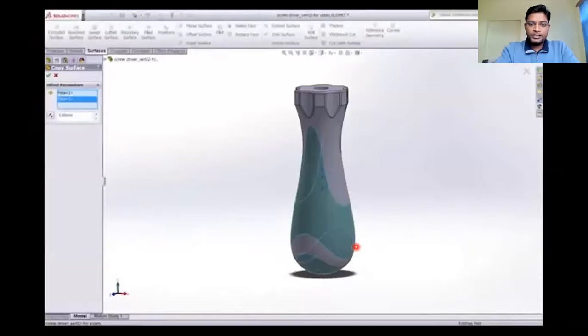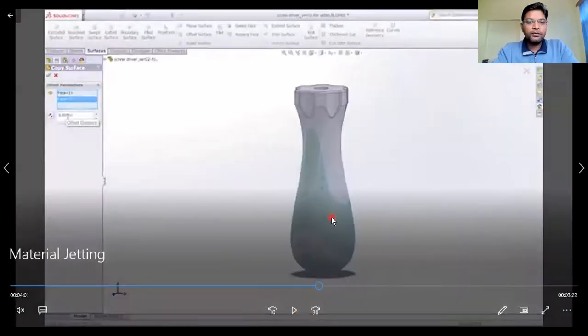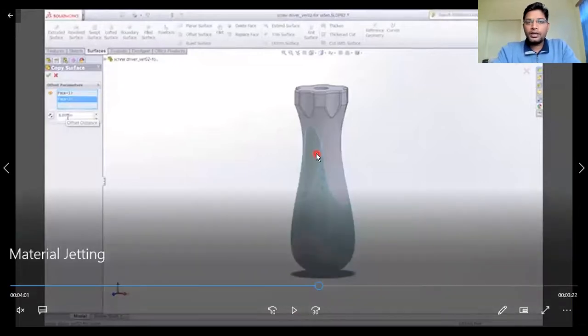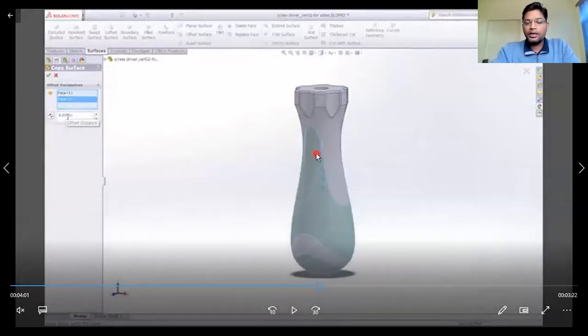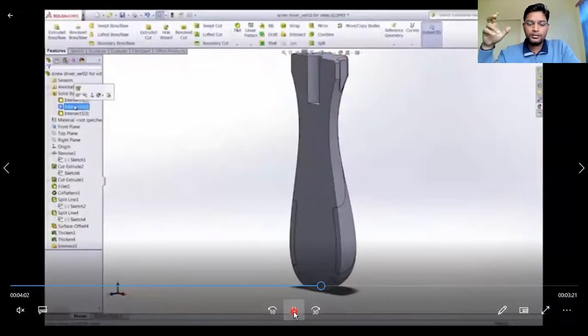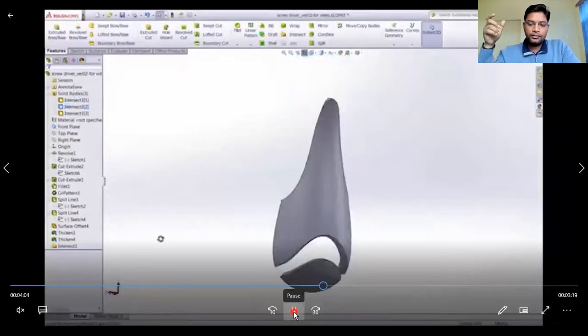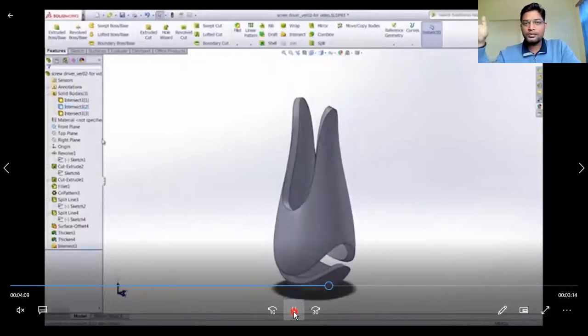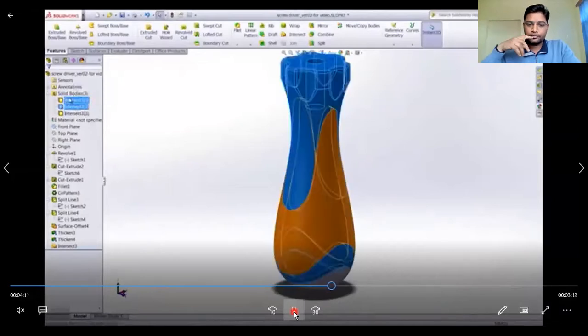One more thing here is that whatever types of color or properties we need, we can define that initially in the CAD software, wherever we are making these drawings. There itself we can define that this will be softer plastic, this will be harder plastic, this will be green color, this will be blue color, like that.